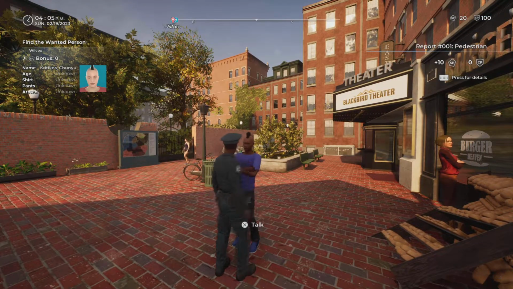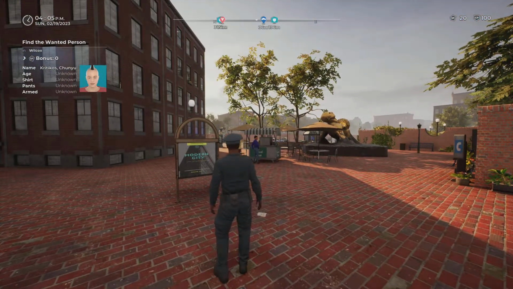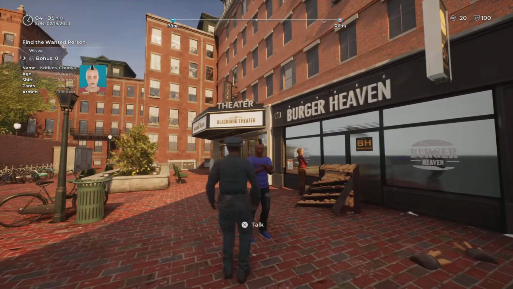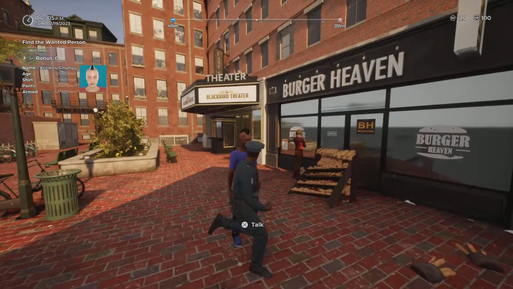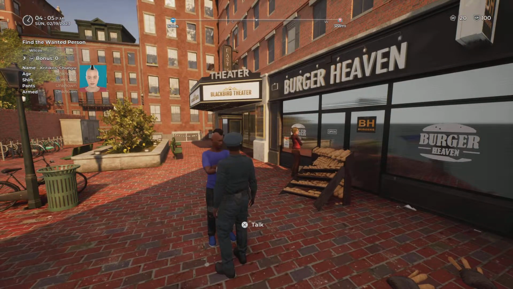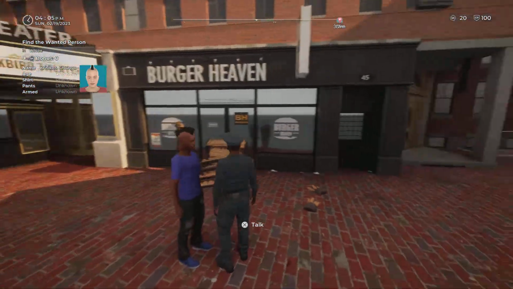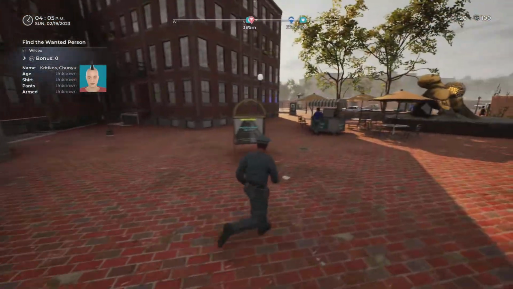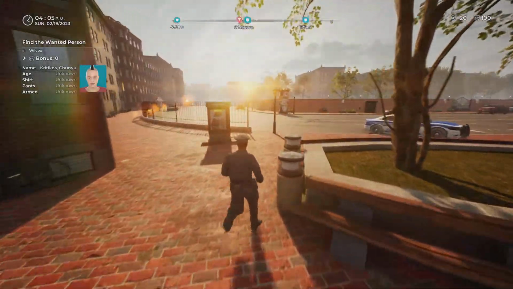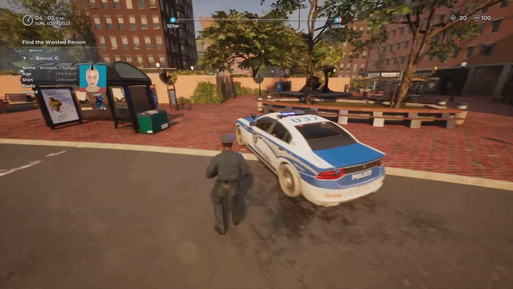All right. So just as I said, as we approached, we saw that individual. I believe he made a left. So he's going to be what direction is that? But usually when you're interviewing witnesses, don't waste too much time with them, or asking for their ID. I'm just trying to get the information because the longer you're with them, the more you're giving time for the suspect to get away. So that individual, like I said, he made a left out here. He went that way. So what we're gonna do is,